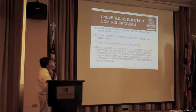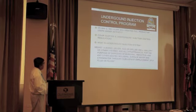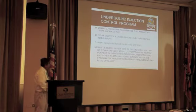And this is the definition of injection well. It's a bore-driven, dug or drilled well, gallery or other systems and all appurtenances for the purpose of disposing of municipal, industrial, and any other waste, including surface water and stormwater through subsurface emplacement of effluent or fluids. This is very broad or general, and so